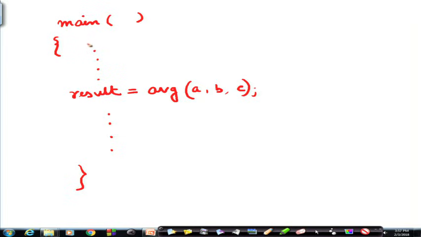And let us assume that here I have declared int A, B, C. Both of them are integers.